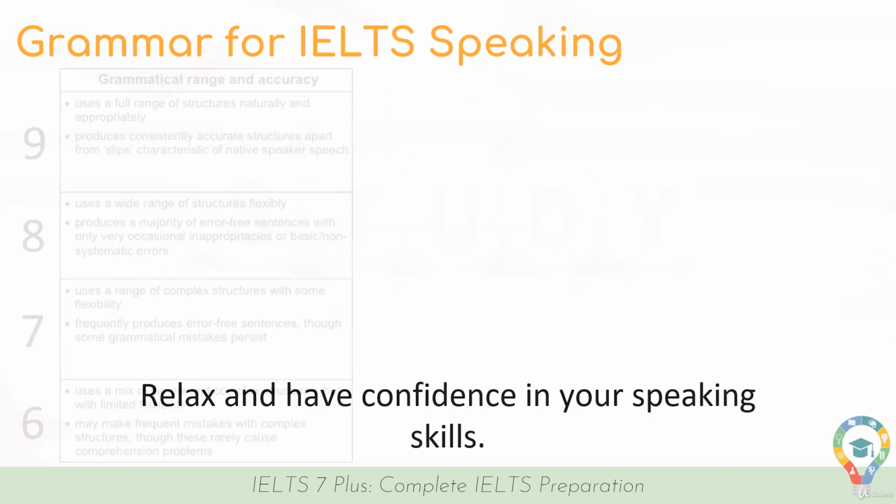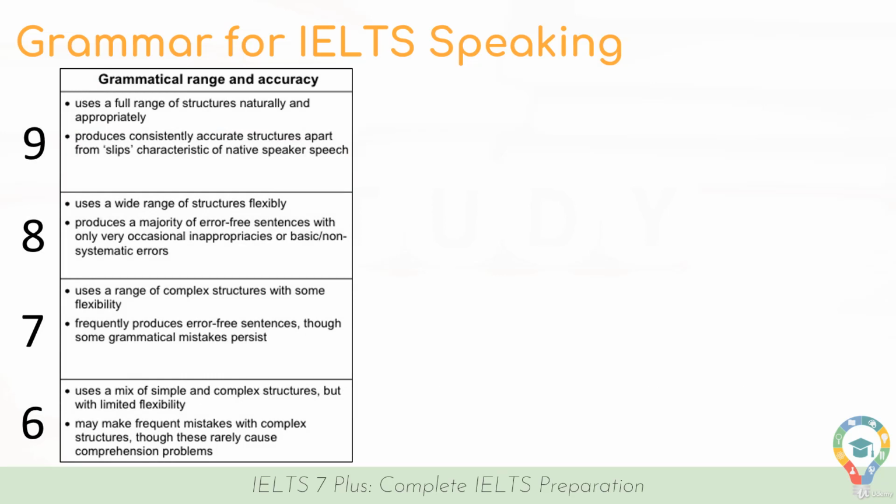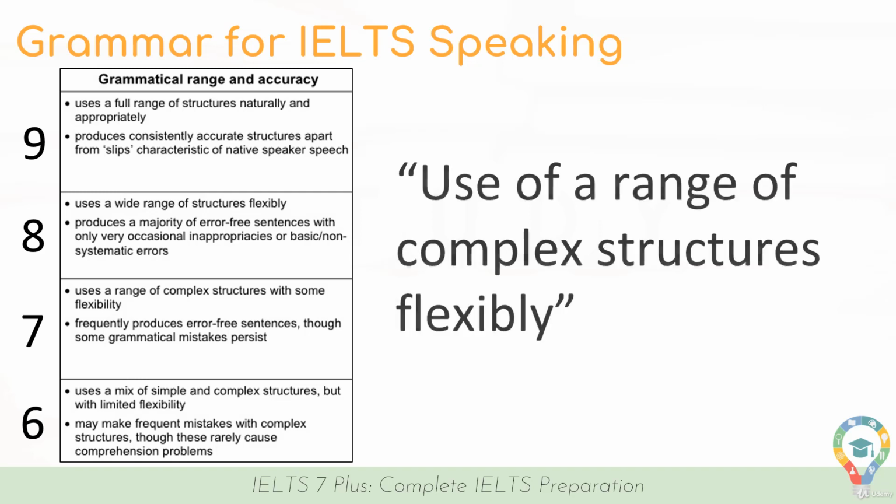Let's return to the band descriptors to help us understand why those three main types of sentence structures can be very helpful. Again, if we take a look at the 7-band score, it simply says use a range of complex structures flexibly. An easier way to understand complex structures is to think of it as just adding a lot more detail into your sentences when you are speaking. Now, that doesn't necessarily mean using lots of adjectives, but adding extra pieces of information,